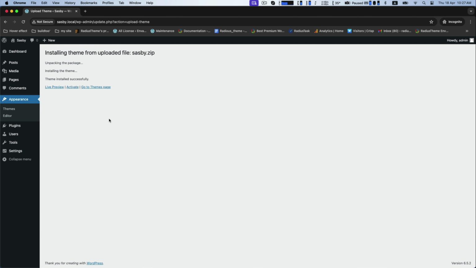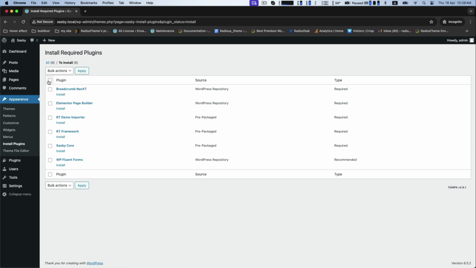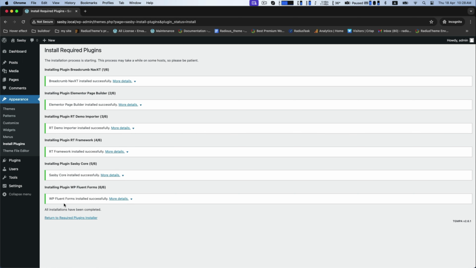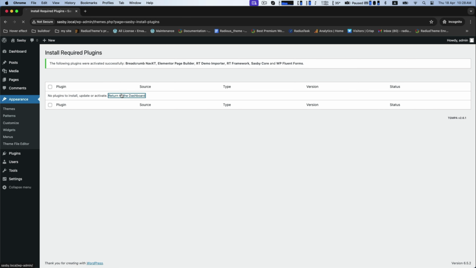After installation, click Activate, and it requires several plugins to install. Select all together and apply for installing. Now click Return to Required Plugins Installer and again select them to activate. Now return to the dashboard